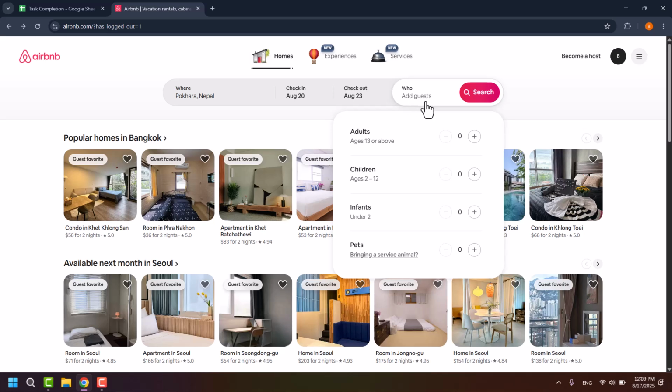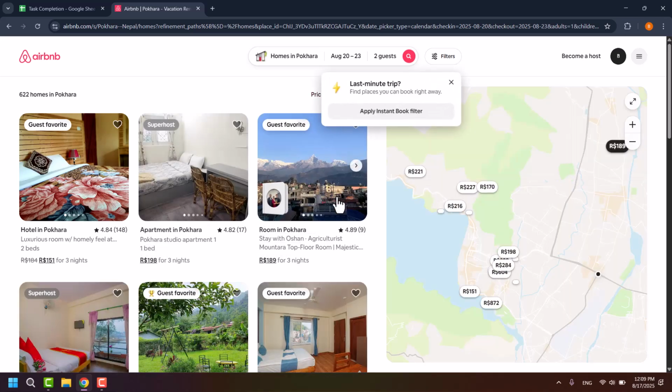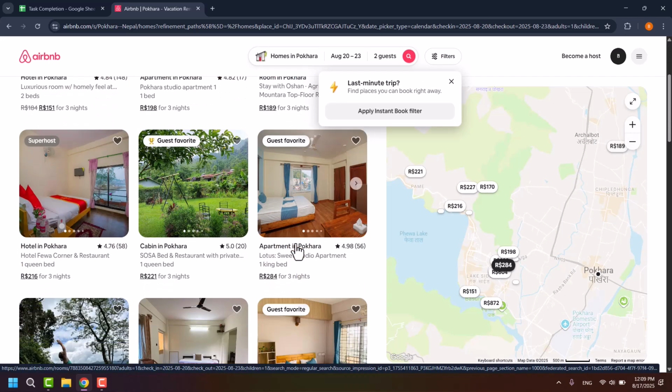Then you can see the number of guests. You want to select the number of guests, whether you have two children. For example, I'm going alone with one of my kids, so here you can see one. Then you can proceed to search. If you have an infant, you can select infant. If you want to bring an animal, you will have to select a pet as well. Either way, click on search and it will give you the perfect hotels or spaces for you